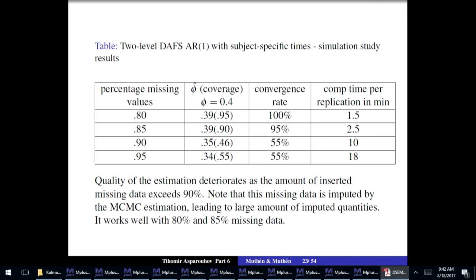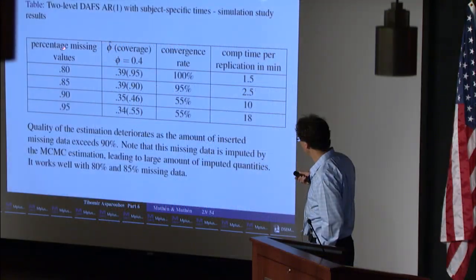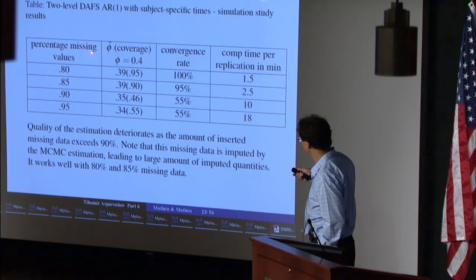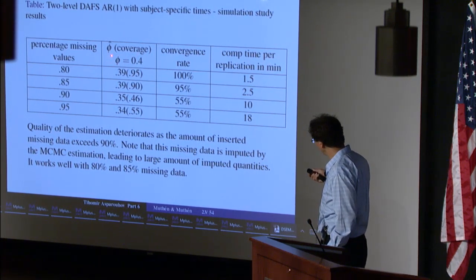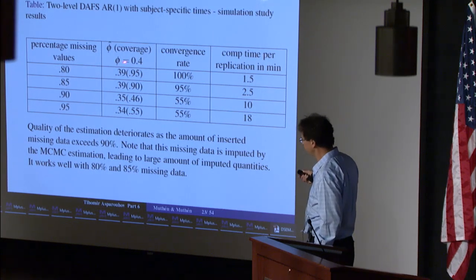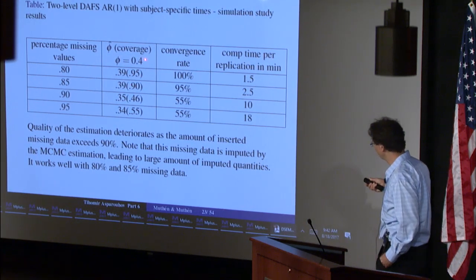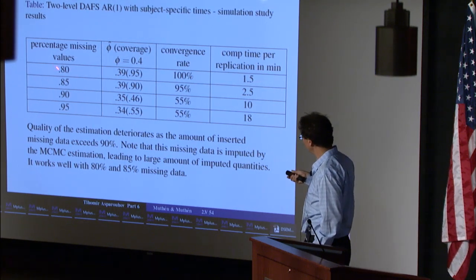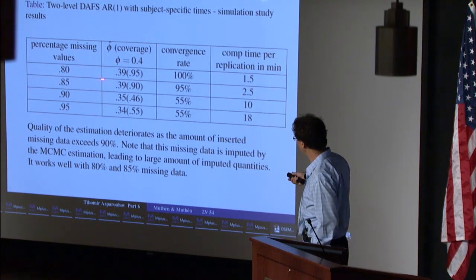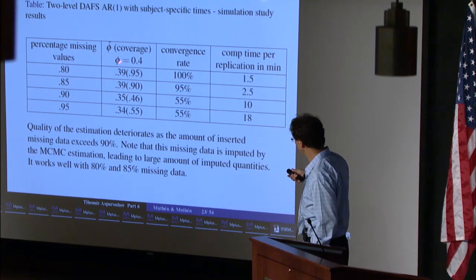I explored these 4 values, and this is a fairly complicated model, the DAFS, 2-level DAFS model, AR1 model. An easy way to judge the quality of the estimation is through evaluating the autocovariance, the autoregressive parameter for the factor, and the true value is 0.4. You can see as long as the number of missing values is 80 or 85%, I get fairly good estimates, and